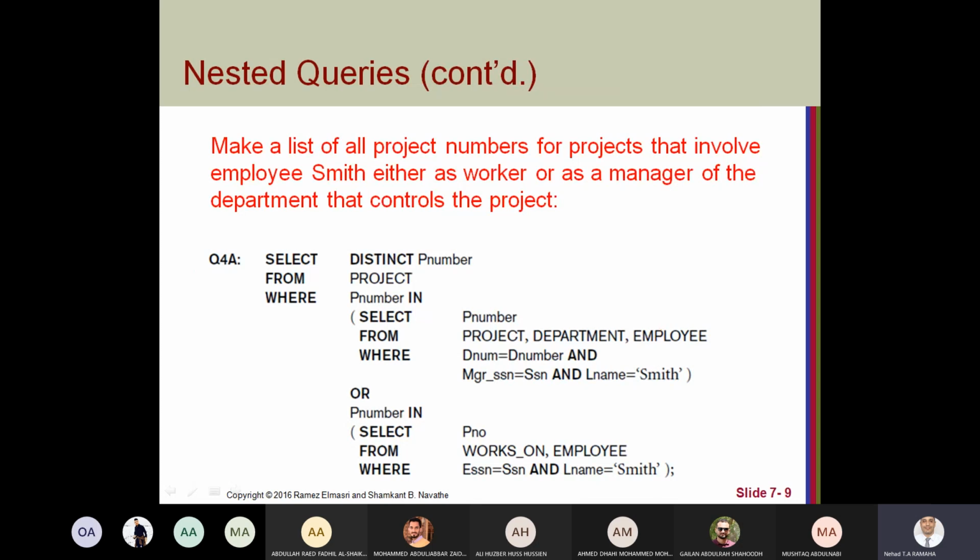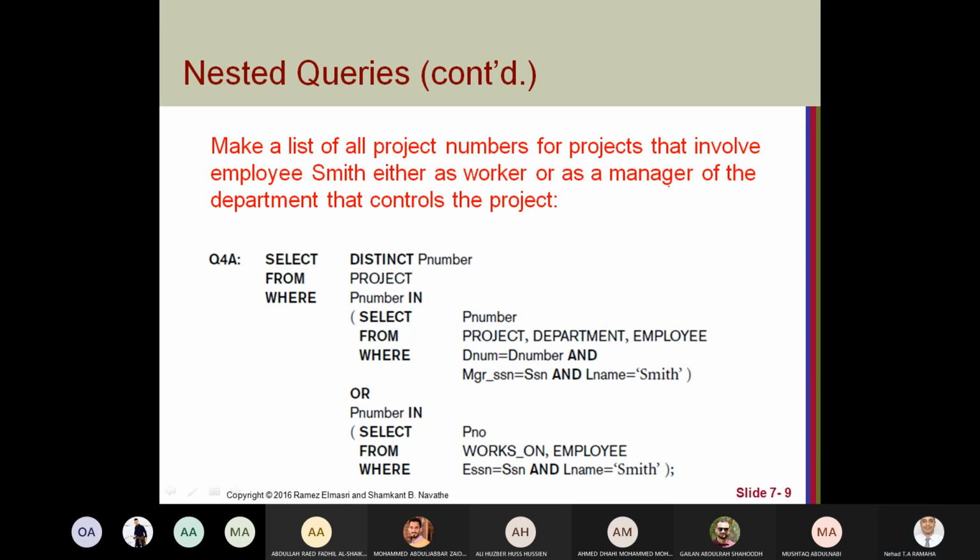Okay, we can see this by example. I think this query we took last time. We used a different way. Now we have the same query, but a different answer for the query. That's why I mentioned the same query could be written in many ways.